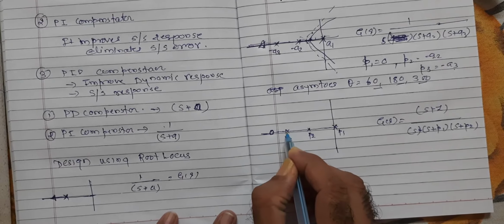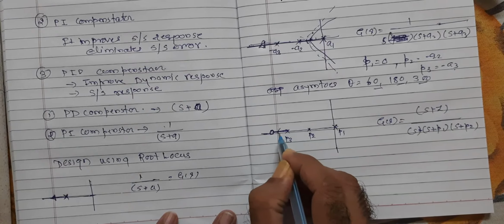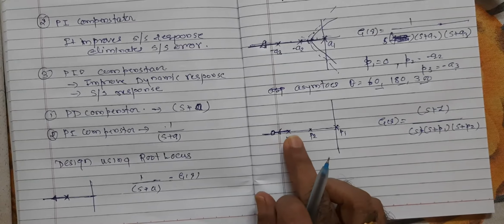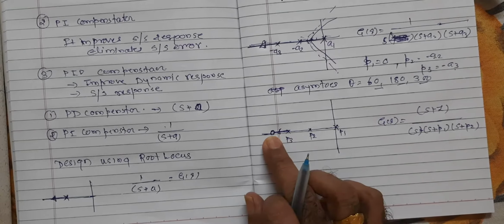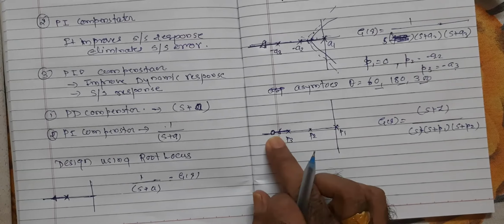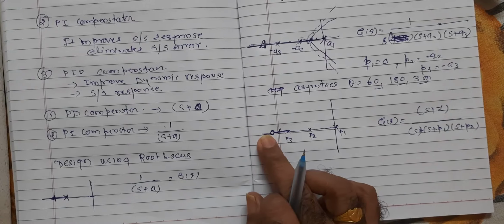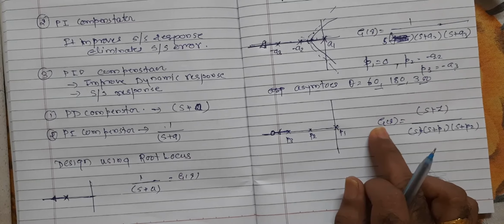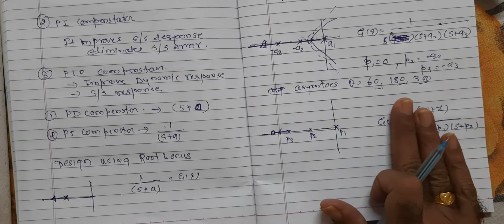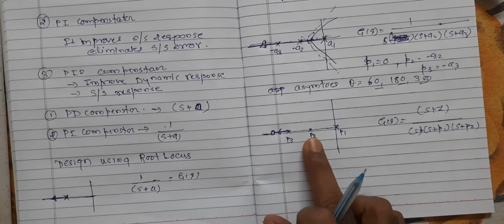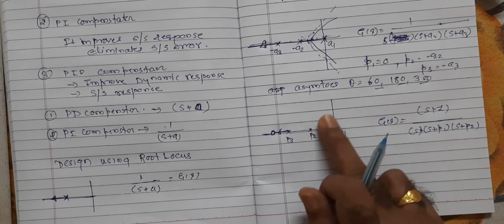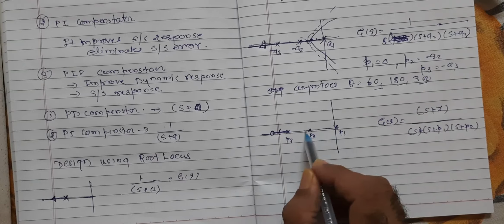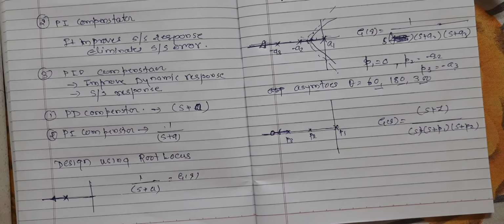So what happens here, these poles will terminate at this zero. The poles always move towards the zero. There is only one zero, so any one pole will terminate at it. So this will not go here, this one will go to the zero. Now to the right of this, no pole or zero is there, so no root locus will exist there. Between P2 and P1 there is only one pole, the number is odd, so between P1 and P2 the root locus exists.